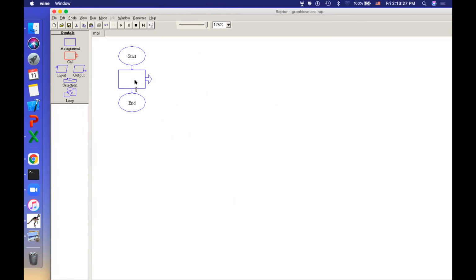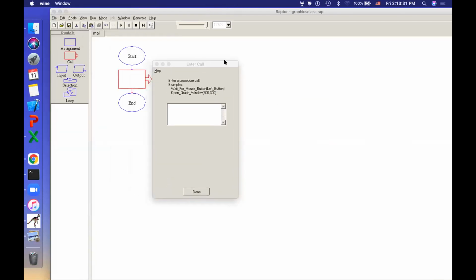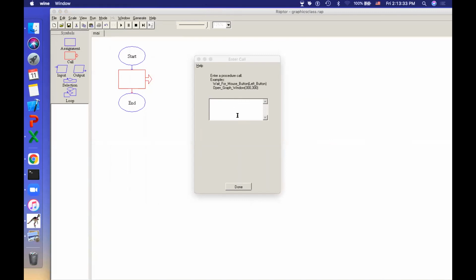So we will go to the predefined functions. I will double click it. I hope you are able to see this one. So now you see here he has given some example like this. Enter a procedure call. You can see it here: open graph window 300 300. That means it is the length and breadth of that particular window. So now first of all we need to open the graph window.